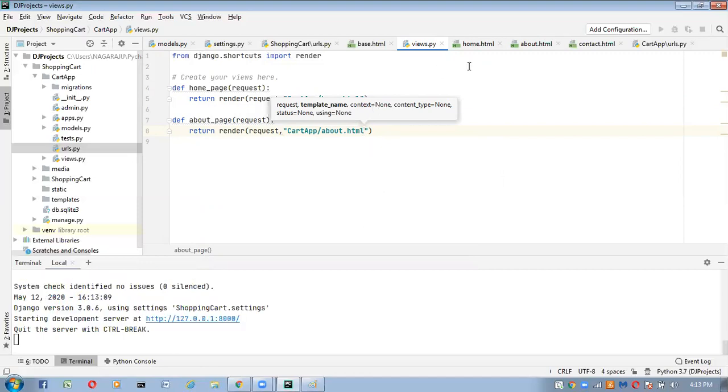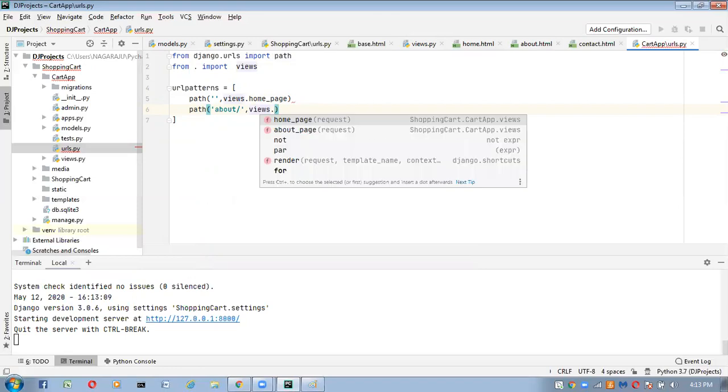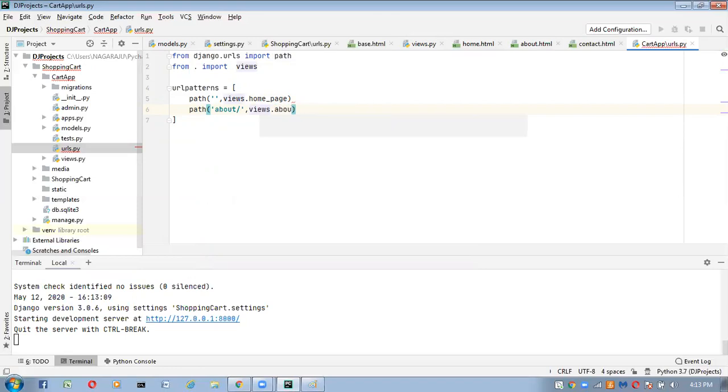Server started. Now go to the urls.py file. There we have to configure the URL pattern also. Here I will give path, about, and at the end views dot about underscore page.